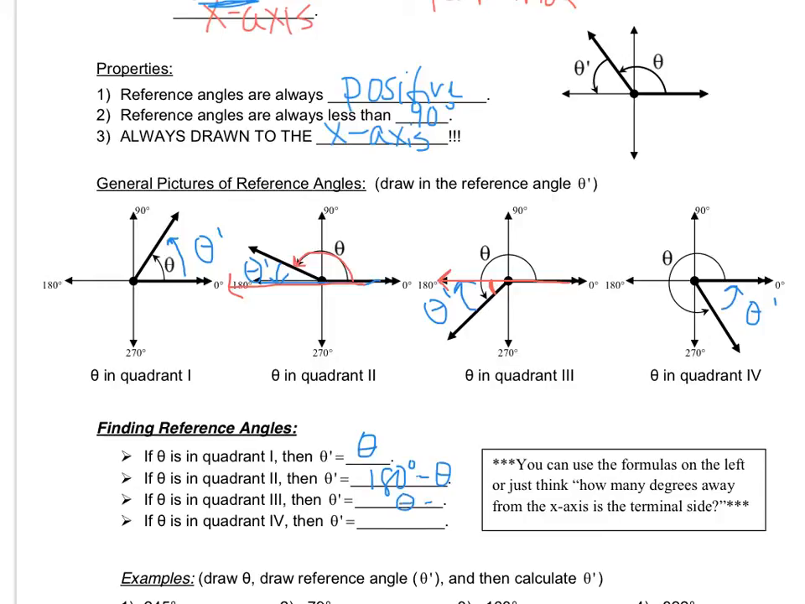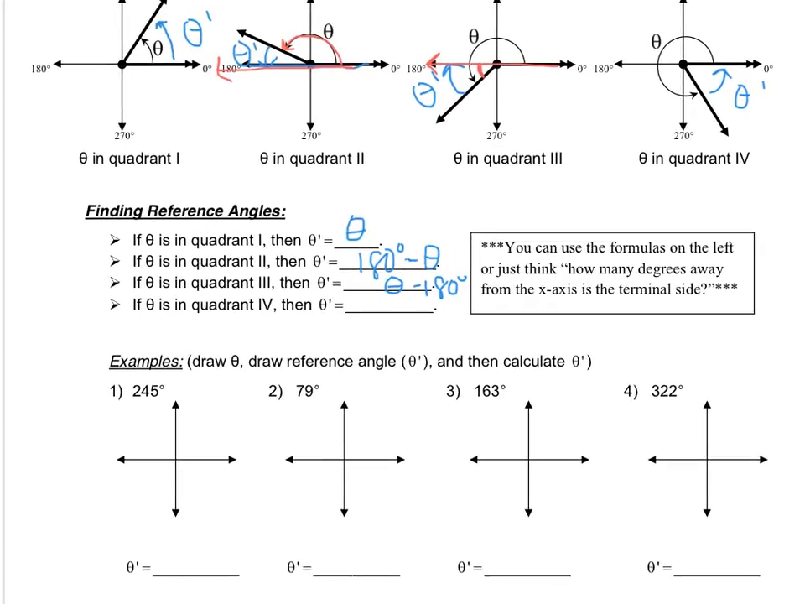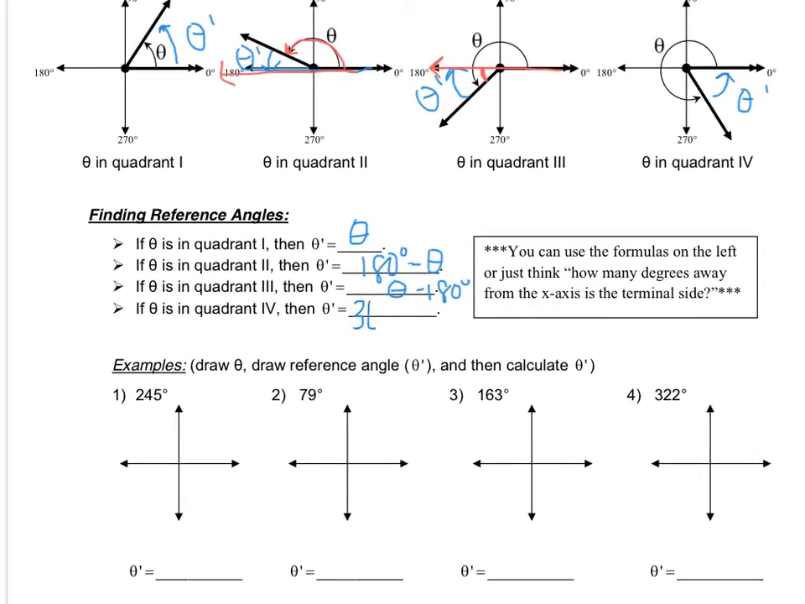So theta minus 180 degrees. Okay. And then if you're in quadrant 4, to find the reference angle, you take 360 degrees and you subtract theta. Now, that's kind of a lot to remember, so one way you can do this is just always think how many degrees away are you from the x-axis from the terminal side. Okay, so this is a good question you can always ask yourself if you don't really feel like memorizing all those formulas. Okay. So if we're in quadrant 3 because of a 245 degree angle,